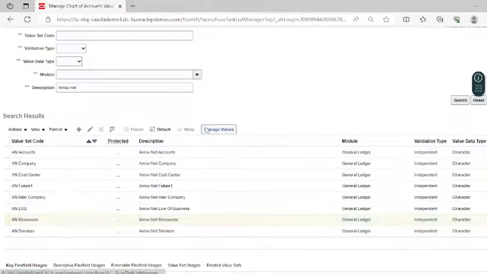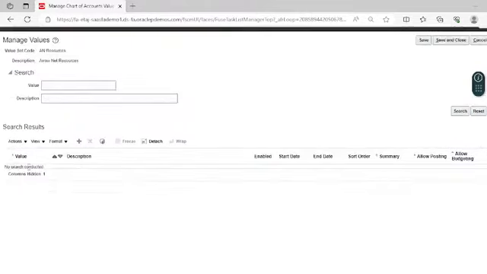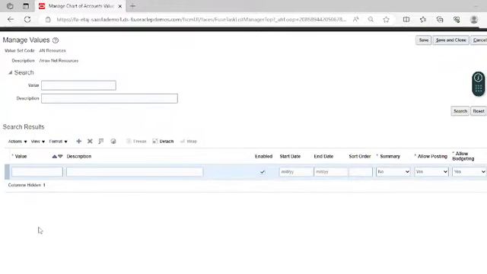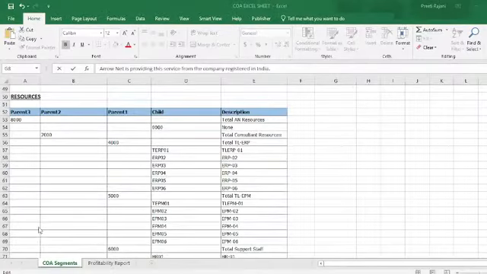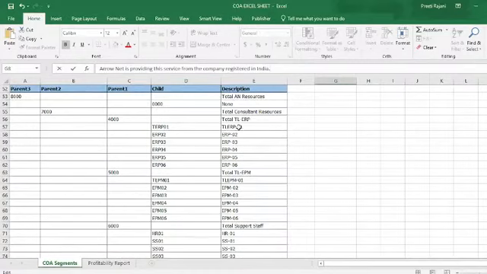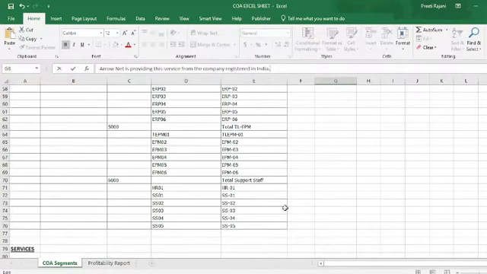Click on manage values, and then click on the add icon for adding the values to this segment. These are the consultant resources. This is for ERP, this is for EPM, and this is for the supporting staff.